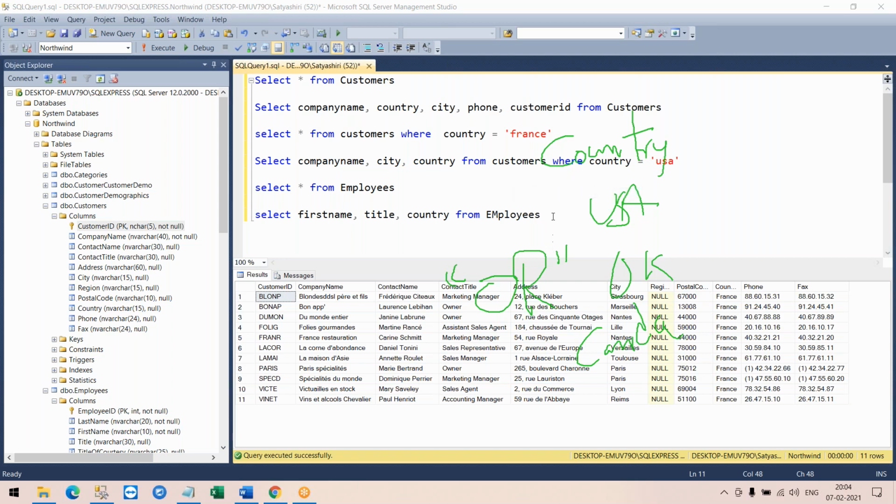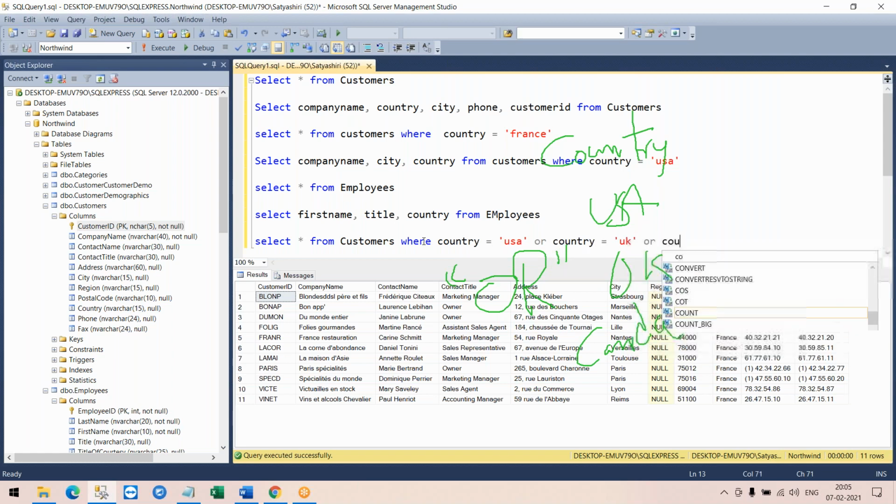So how do you do that? Let's write it down. I would say select star from customers table. I'm using star to fetch complete column information, but now I'm applying conditions. I don't want complete row information. I want country equal to USA or country equal to UK or country equal to Canada.